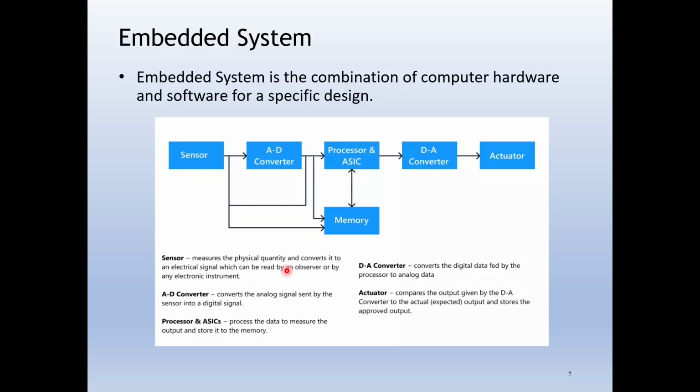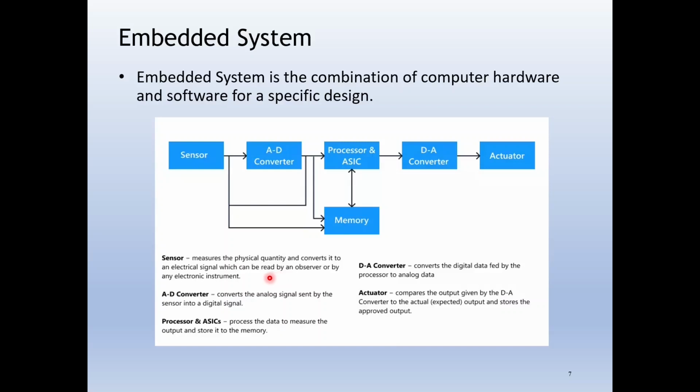Embedded system is the combination of computer hardware and software for a specific design. Here is the structure: sensor, analog to digital converter, processor, digital to analog converter, actuator, memory. Sensor measures the physical quantity and converts it to an electrical signal which can be read by an observer or by an